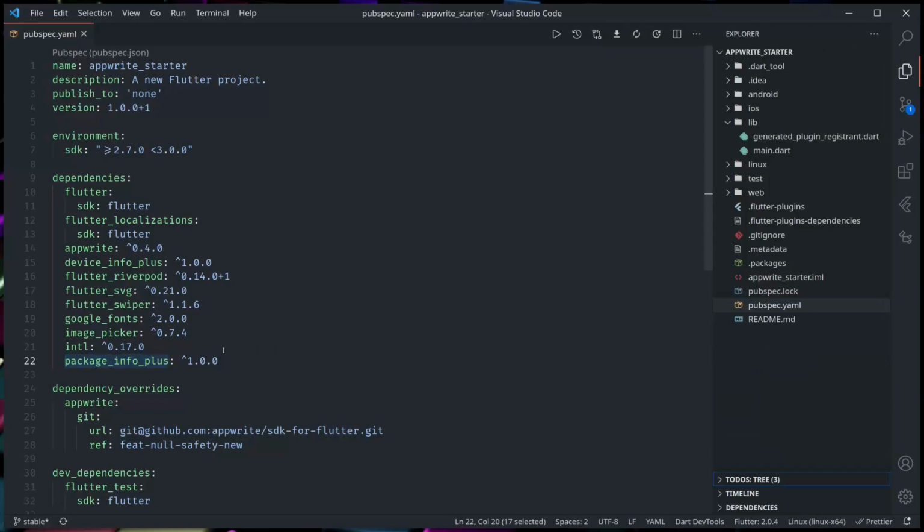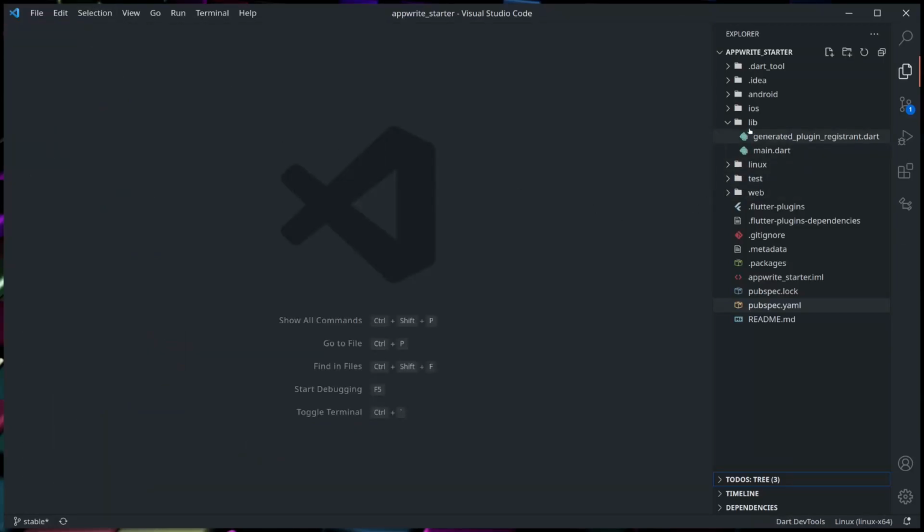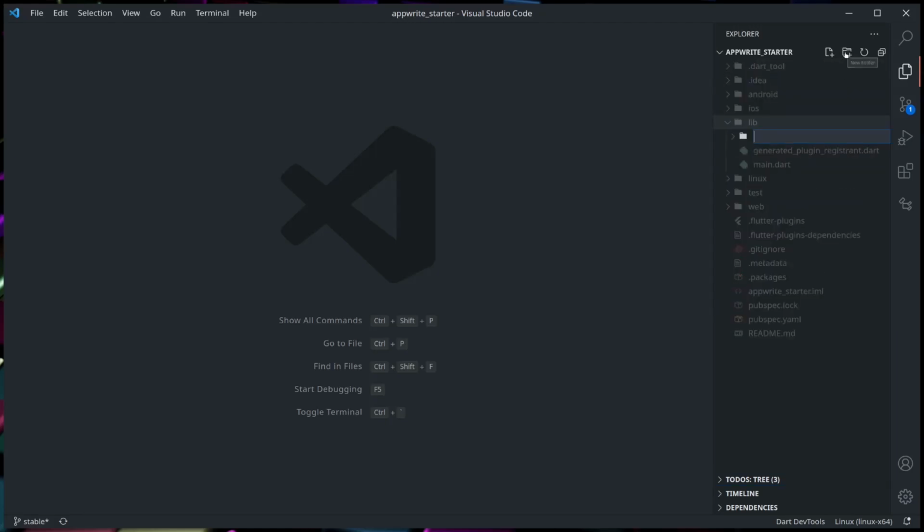Okay, now that we have the dependencies, let us create a basic folder structure for our application. For the folder structure, I like to follow a somewhat generalized or simplified version of clean code architecture. So let us create some folders. First I'll create a core folder, and inside core we'll have a few folders. So here we'll have